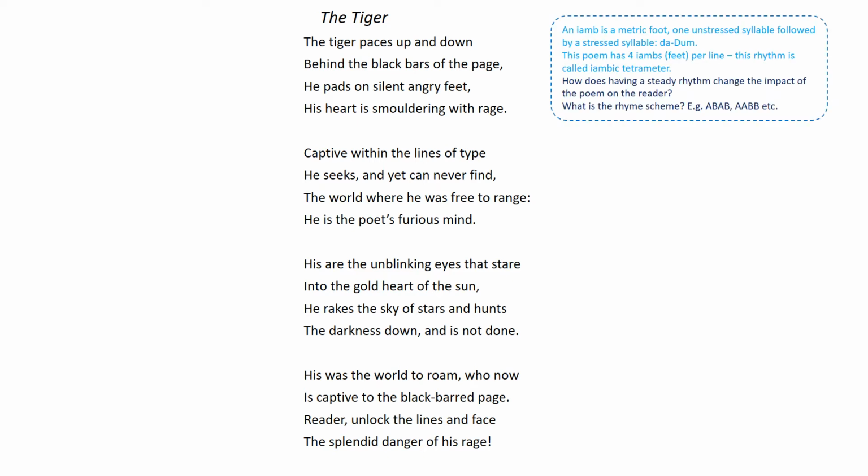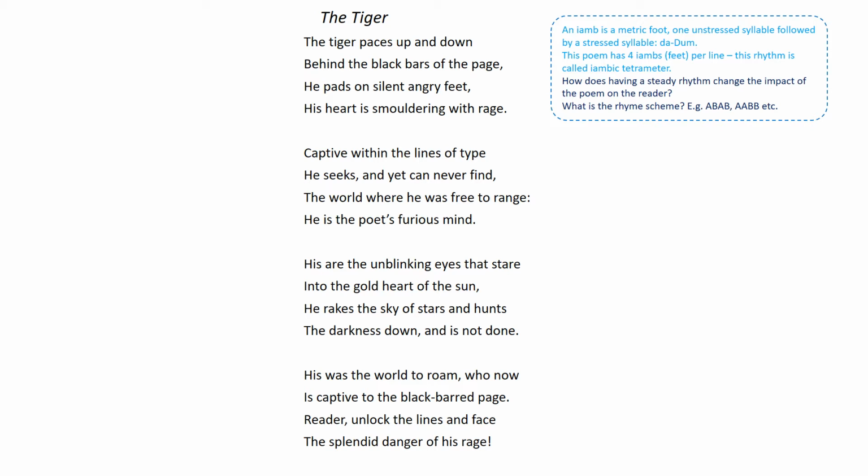So we'll start with some structural things. This poem by Dobson actually has a really strong structure, quite a traditional structure as well, and a solid rhyme scheme. Also not typical of Dobson's poetry so far, so it's worth recognizing. Briefly, an iamb is a metric foot which goes one unstressed syllable followed by a stressed syllable. That just means that the words have a rhythm, a pattern that goes da-dum, da-dum, da-dum, da-dum, da-dum, where it's unstressed first and then stressed afterwards.